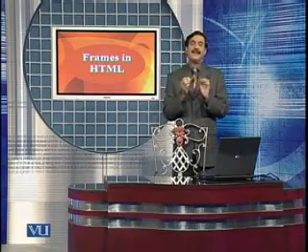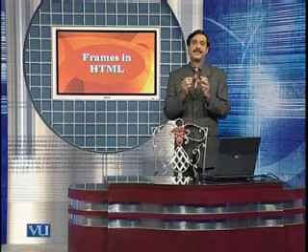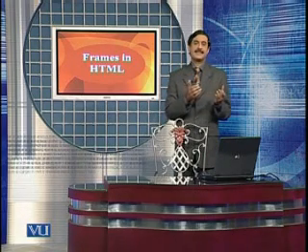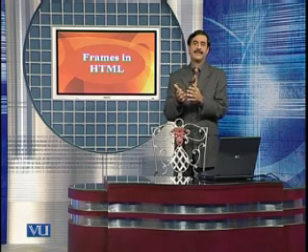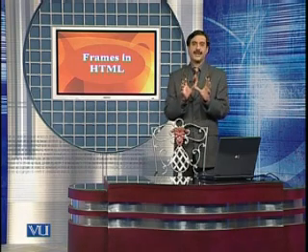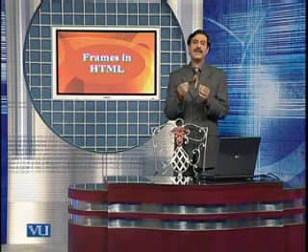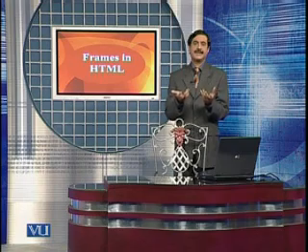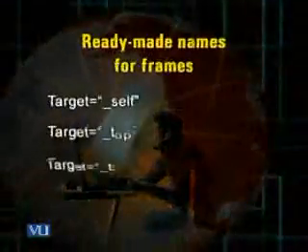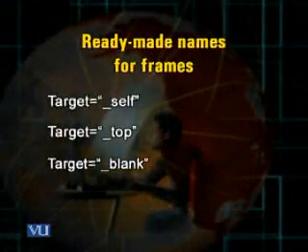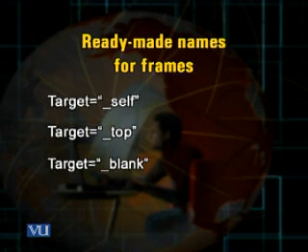Instead of having the values of the target attribute as upper or lower, etc., there is a shortcut also available. What we can do is that we do not name the frames as such in the frameset page. Rather, we use certain ready-made frame names, and you will see in the slide before you that there are certain predefined names for the frames.